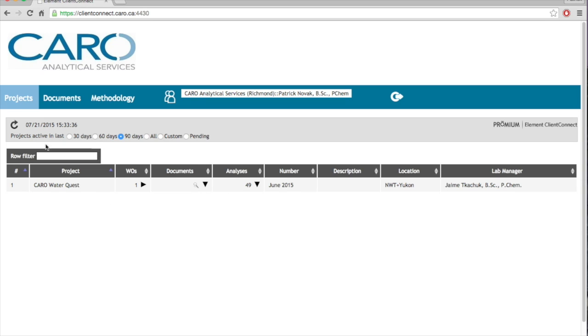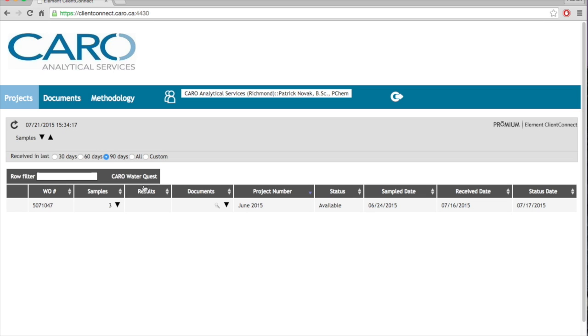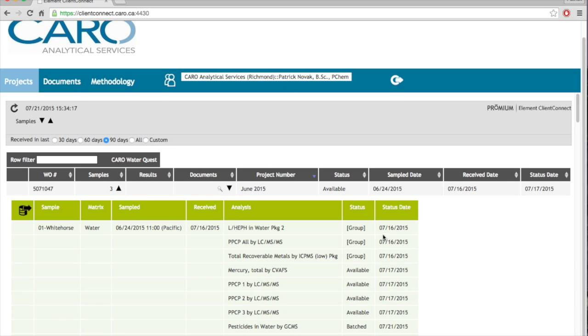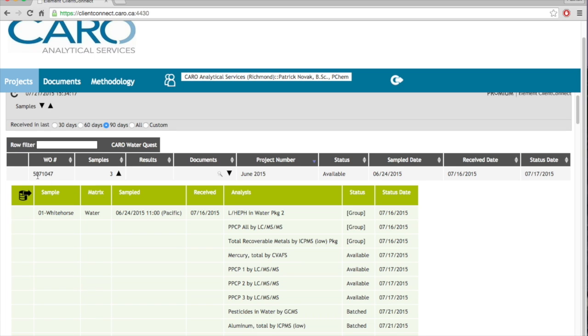So it brings you to the projects. This will list out any of the projects that you have access to, and then you can go into that project, and you'll see the work order number and what samples you have and what documents are contained, and any information as you can see across the page. The samples, here we have one sample logged in under a work order